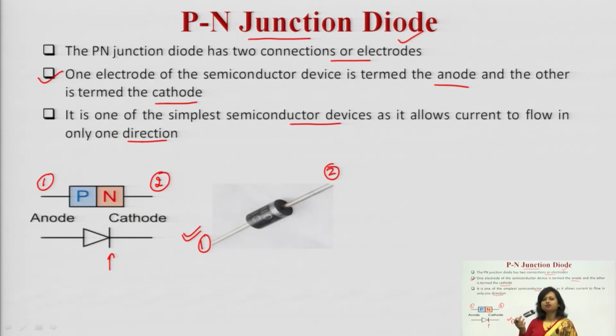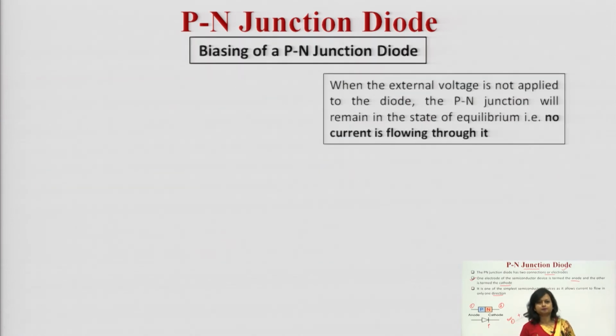But how to identify? Now this is the diode you will be getting in your hand. How to identify which is the positive and which is the negative, meaning anode and cathode? From that particular component you try to identify at which side you are getting a bar. Here you can see there is a silver bar at one side. Wherever you are getting the silver bar, that is the cathode, meaning the negative end. So this is negative, this is positive, cathode and anode. This is how you can identify the terminals of the diode.